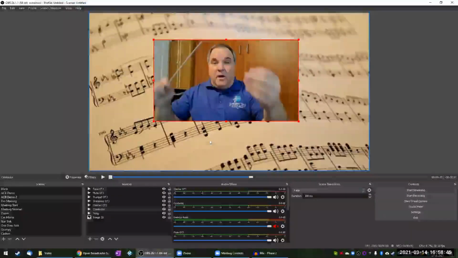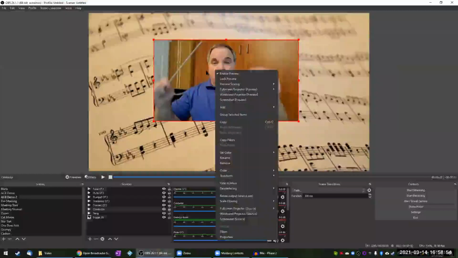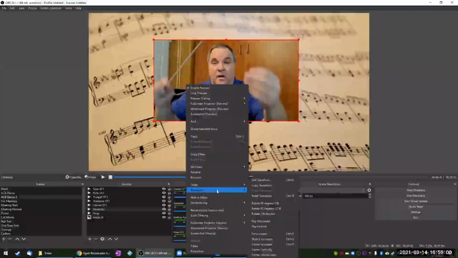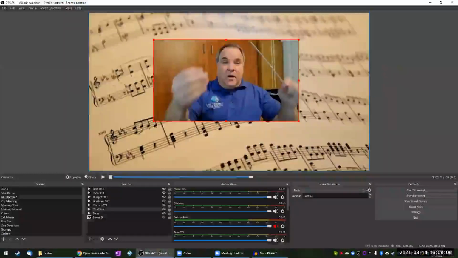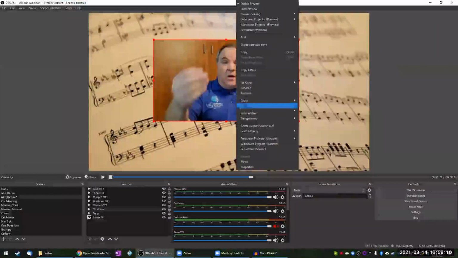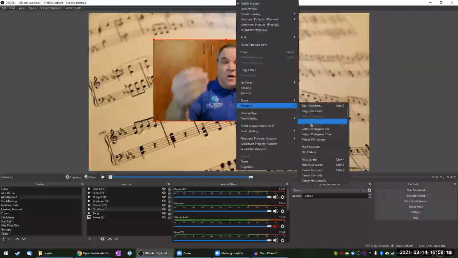It could be fixed in Blender, and it could be fixed here in OBS as well, just by right-clicking on it, and then under transform, you have flip horizontal and flip vertical. So I want to flip horizontal. So this is actually how he looked when I first got it, but I'd already fixed it when I was in Blender. But again, you can fix it right here.